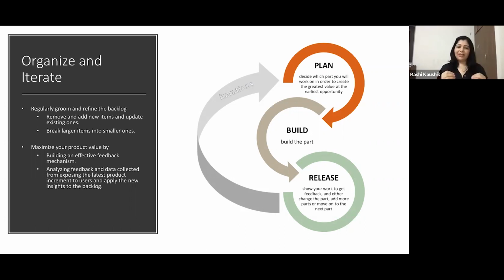An effective loop will actually have 3 different touch points. So it will help you collect data, and then you as a product manager will analyze that data, and finally you'll apply that customer feedback into your product. Now, don't just keep the feedback limited to the positive feedback. It's very important to look at the negative feedback also, because that is what will help you improve the quality of your product. So look at both the positive feedback as well as the negative feedback on a regular basis.